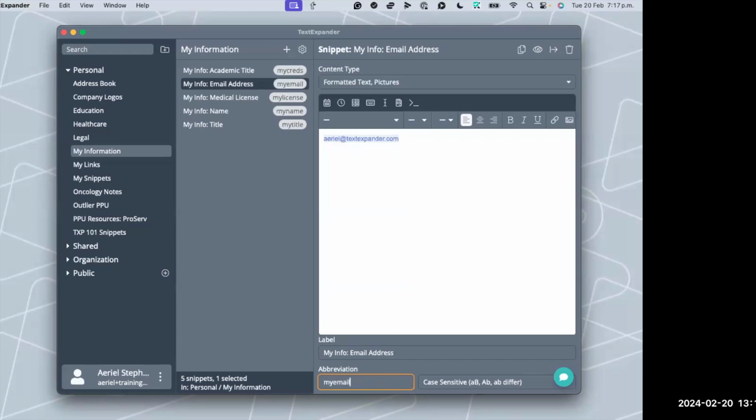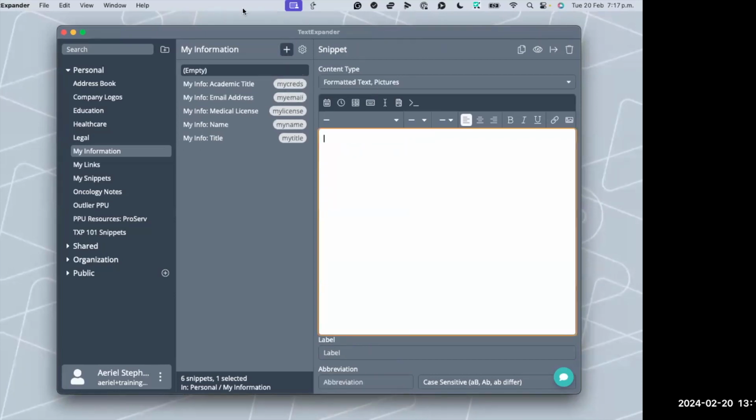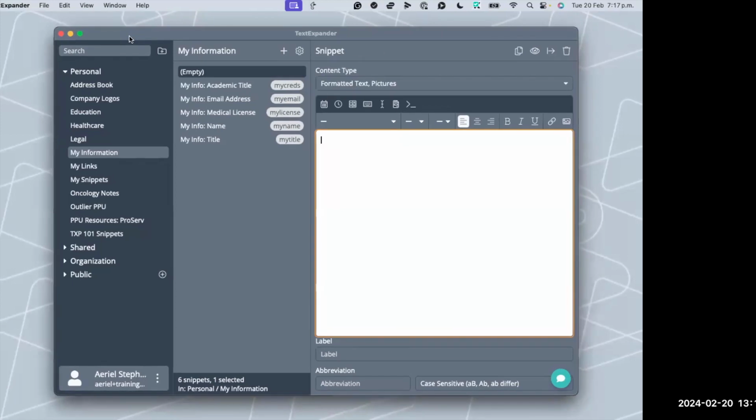Okay. And so we can do the same thing for a phone number. Maybe you have an office number, maybe you want to put your personal phone number. It really just depends on what you want to do. But essentially, we are going to do the same thing where you're able to make that phone number clickable. An example of this is a patient of yours could be opening up an email or some sort of communication from you from their phone.